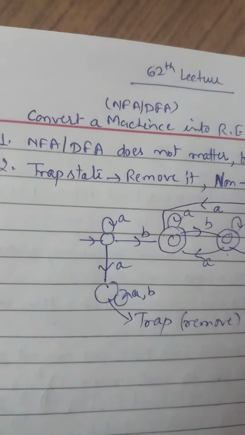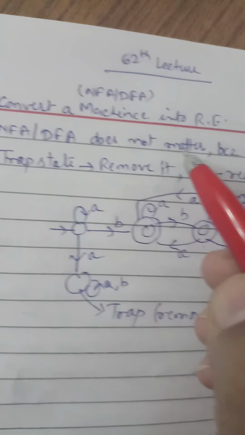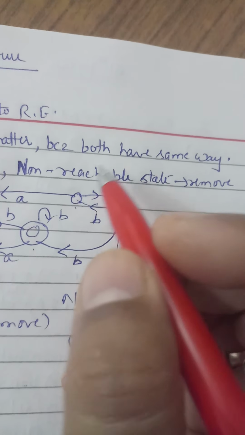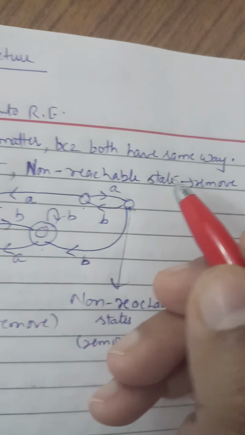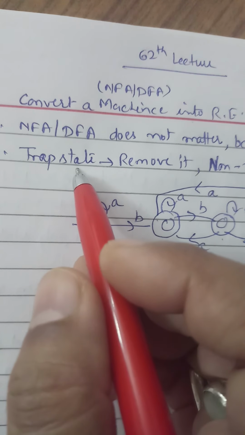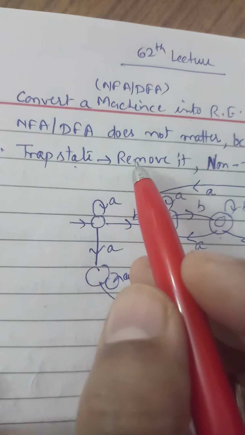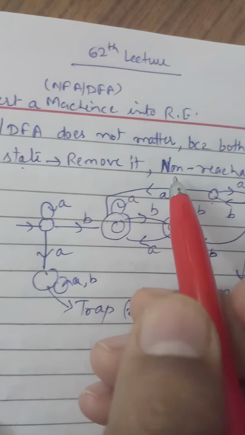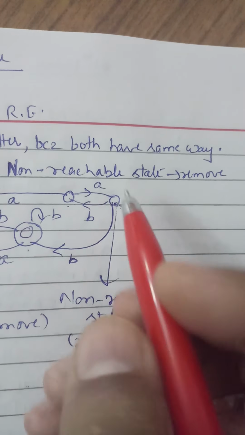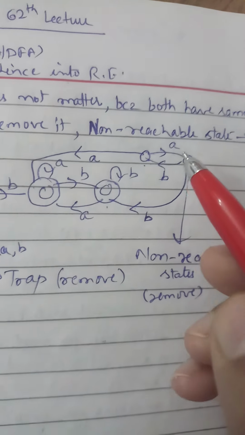NFA or DFA does not matter, because both work the same way. And the second thing: if we get a trap state, obviously in a DFA, then we can remove it, and if we get a non-reachable state, then we will remove it. So suppose we have this machine